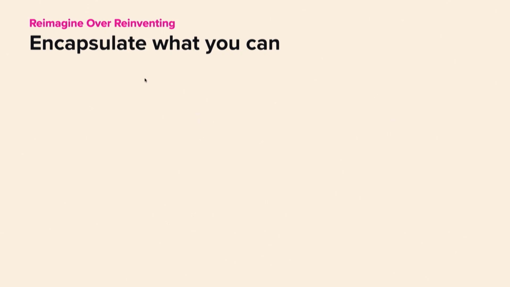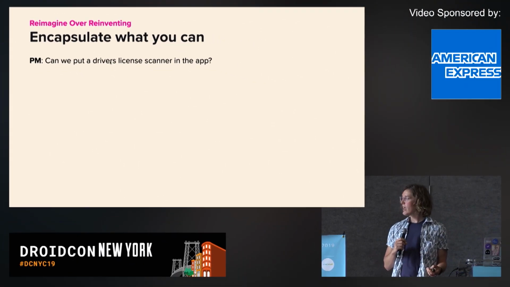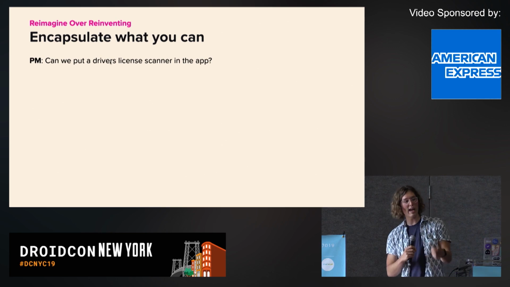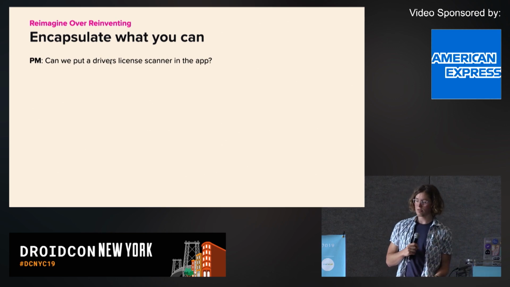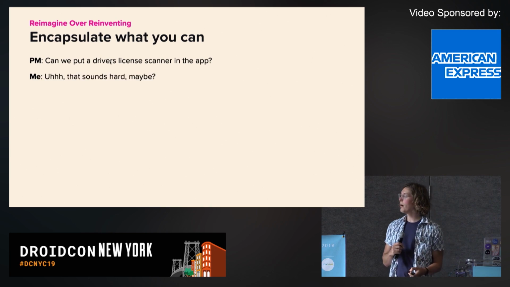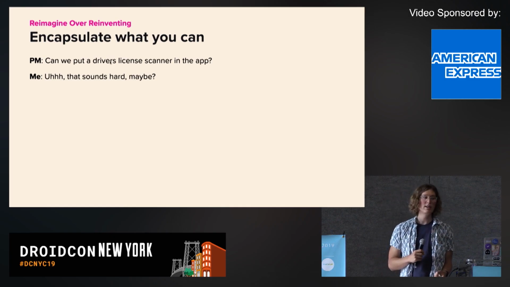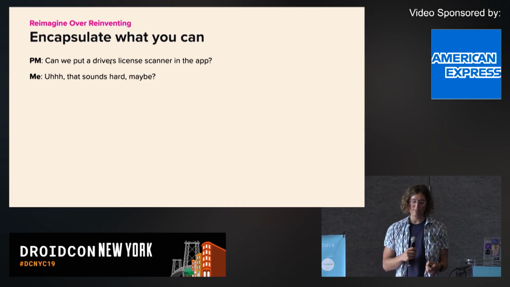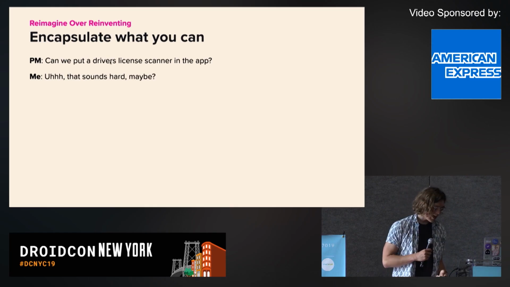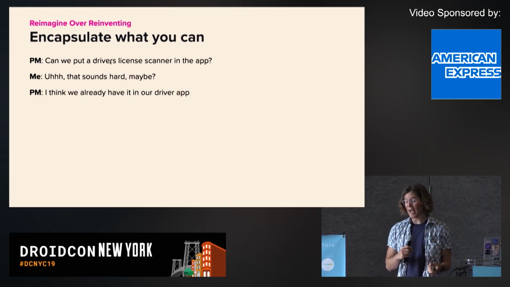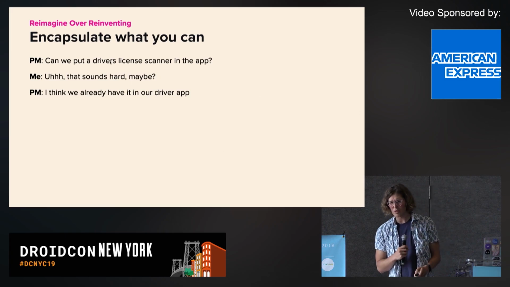And the other thing is, when you're building and you come across some bit of code you can use, I always prefer encapsulation. So this is a true story. The PM came up to me one day and just said, hey RJ, can we put a driver's license scanner in the app for when they get onboarded? And I thought to myself, that's really hard. I really don't want to unless I have to. And that may not solve a core user need, blah, blah, blah. And the PM just went, well, we need one somehow. We could just enter it by text, but I actually think it's easier because the driver team has already built one. And I was like, well, yeah, but it wouldn't work for us.